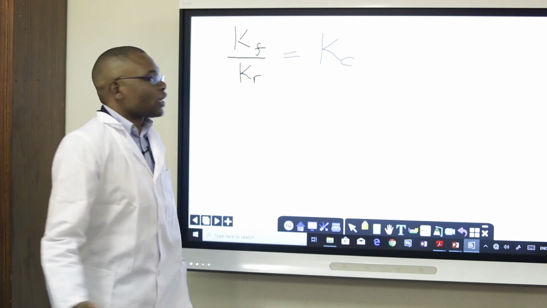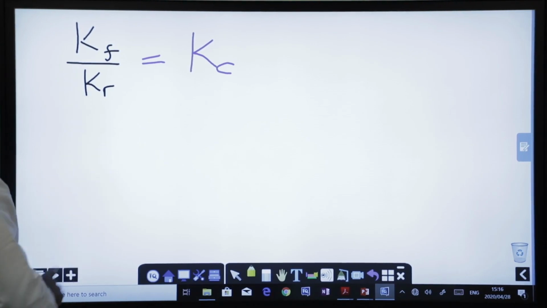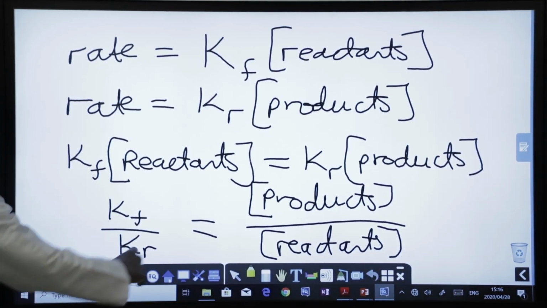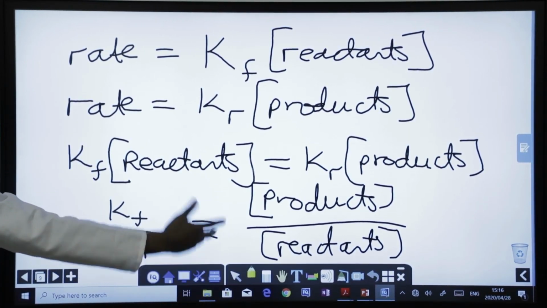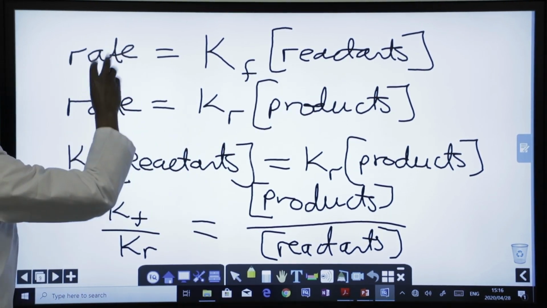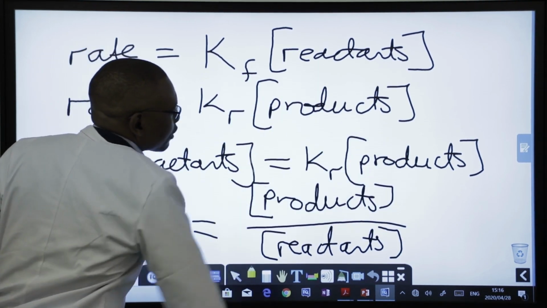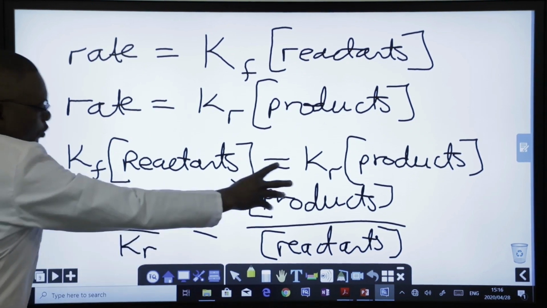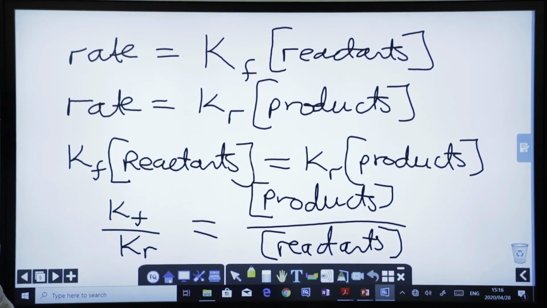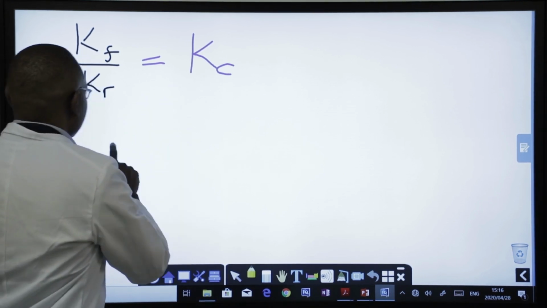So Kc simply comes from Kf over Kr, which comes from this representation, which starts like this, and then we are saying since the rate is the same, it means that Kf [reactants] is equal to Kr [products]. And when we play with our mathematics like this, it gives us this representation. So from now onwards, boys and girls, I want you to understand that Kc